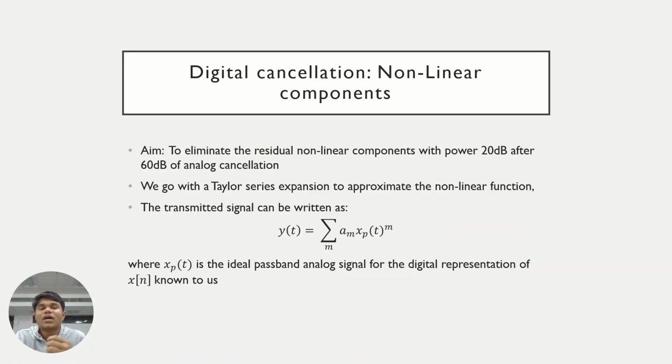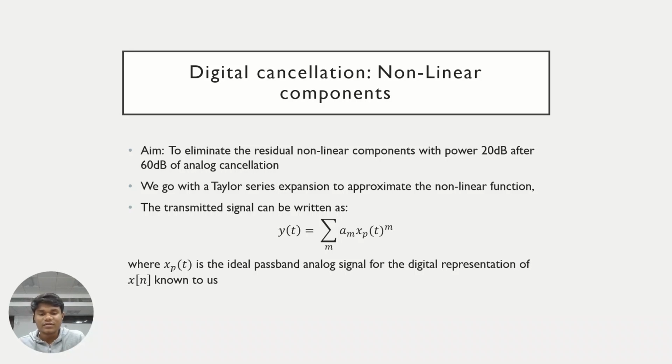Now, coming to the second part of digital cancellation, that is the non-linear components cancellation. We are again trying to eliminate the 20 dB, which was the residual of the 60 dB after the 60 dB analog cancellation. So again, a point to note: why are we using analog cancellation? We are using it to cancel the nonlinear components, and